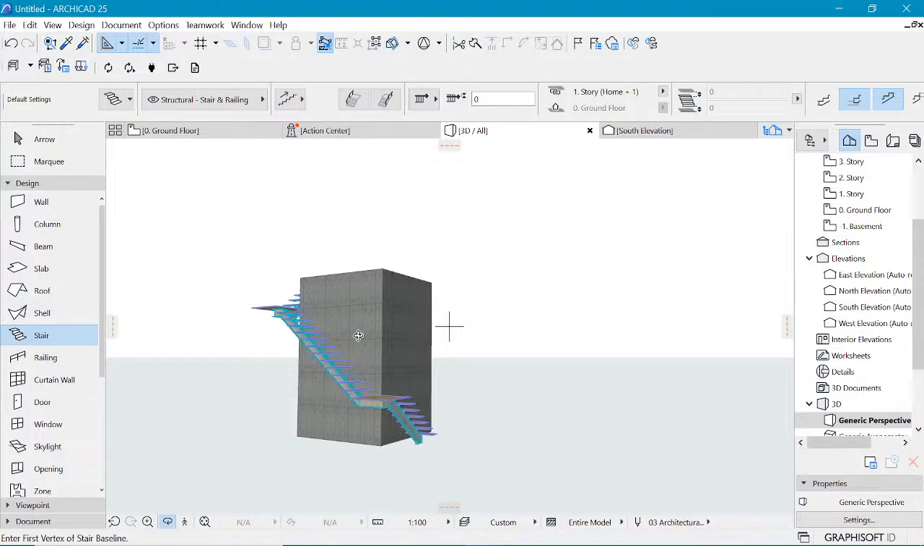Okay, I'm trying to see on this page. Okay,